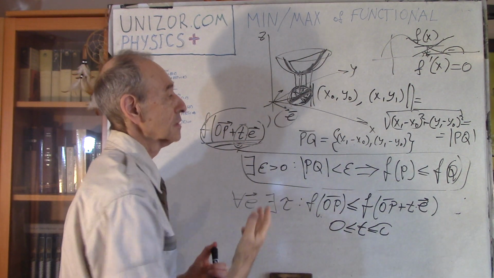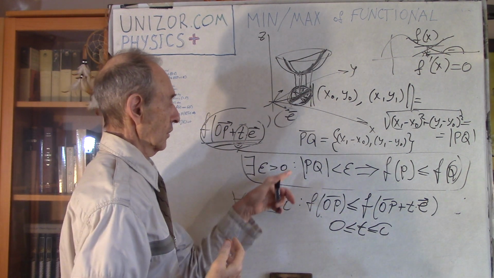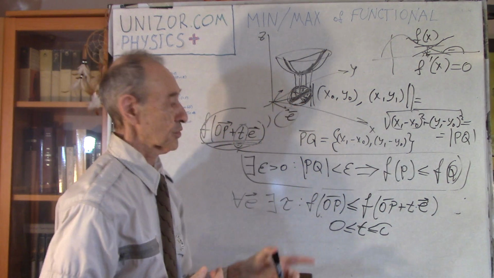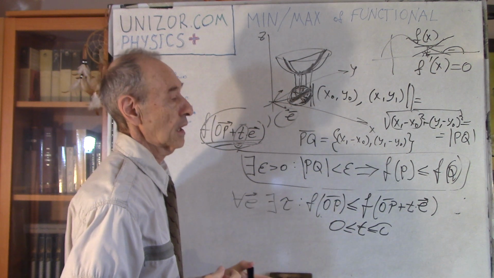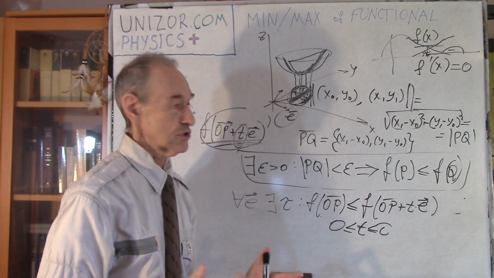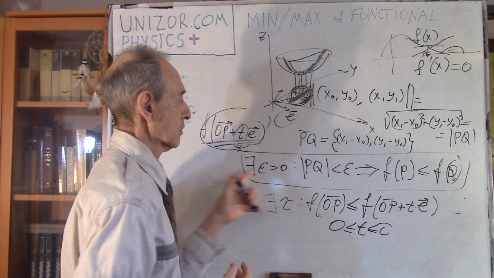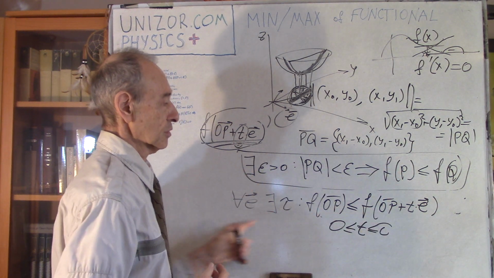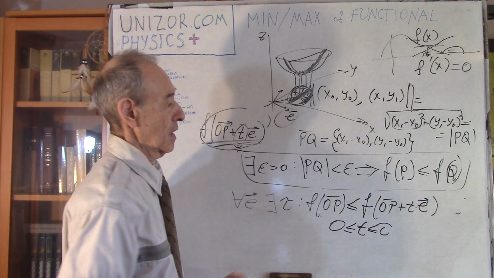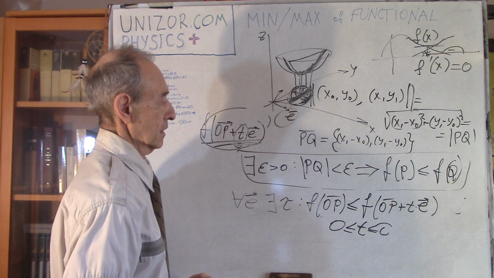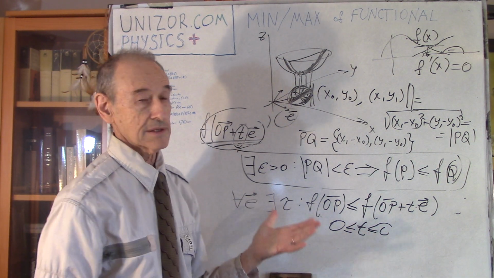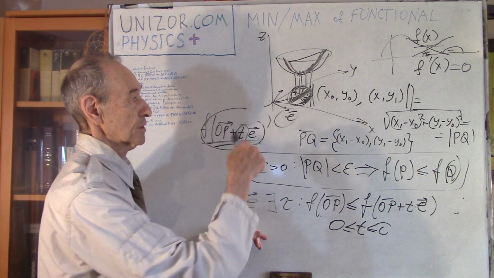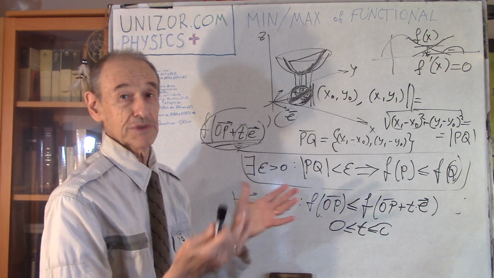This is an equivalent definition of the one when I was talking about distance in Cartesian coordinates between points P and Q. However, what's the advantage? I cannot really apply regular calculus to that one, but I can if I'm doing something like this. Now, you can say that this is for all the vectors E in all directions, so I have to check it for an infinite number of